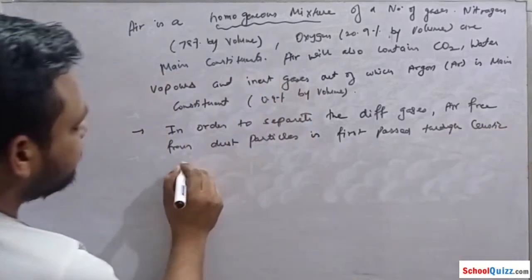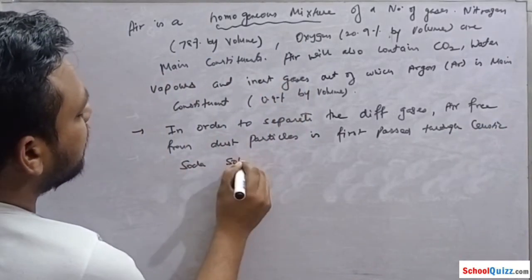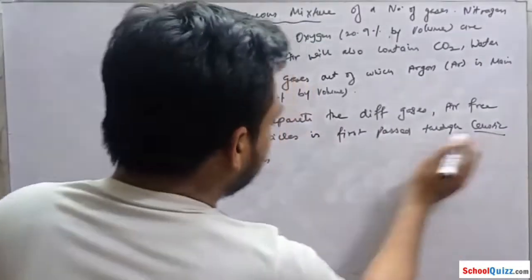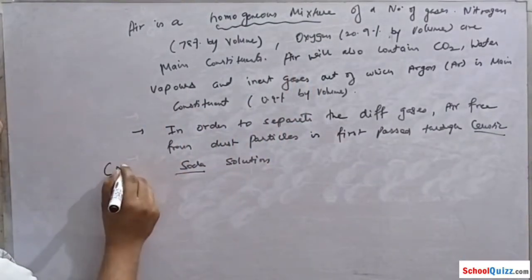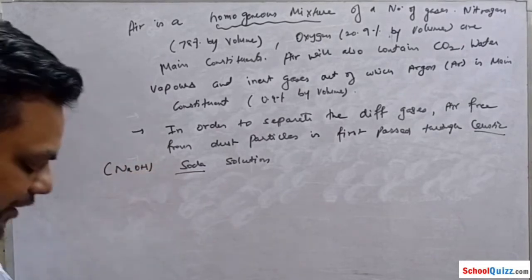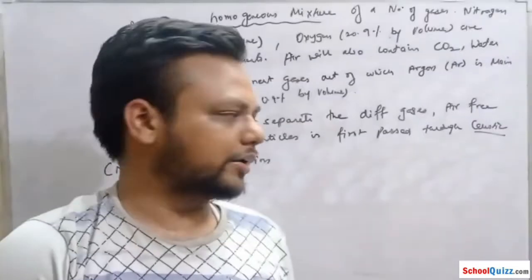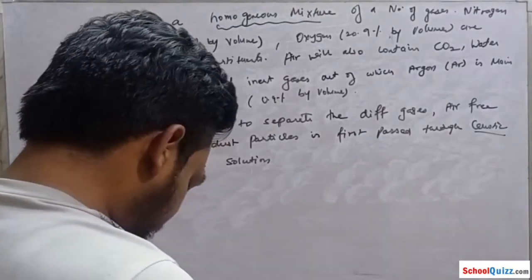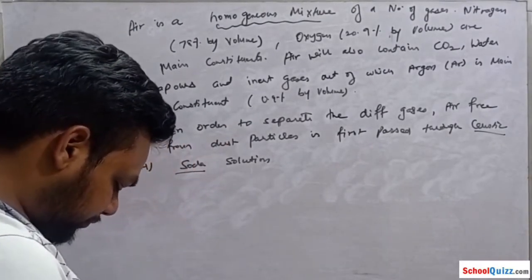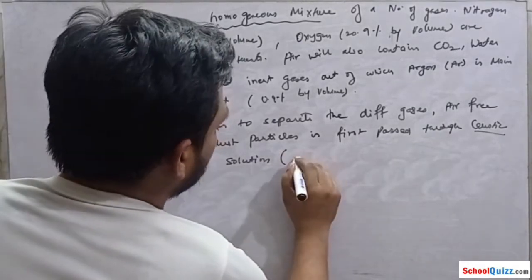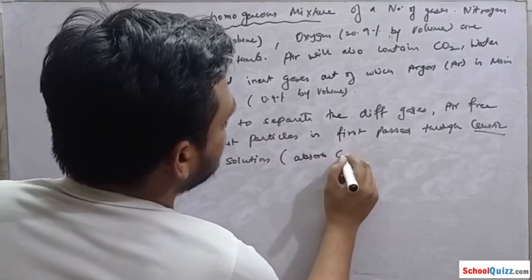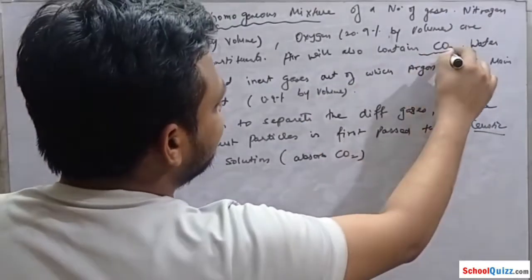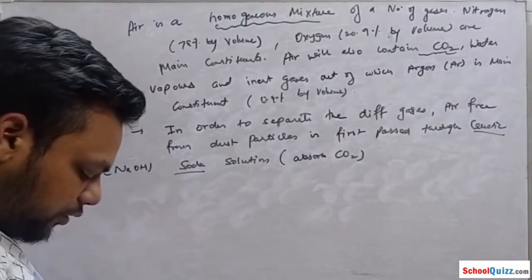Caustic soda solution. Like some students are curious to know what is caustic soda. Caustic soda is nothing, it is NaOH, which is a base as well as alkali. Okay? Like first pass through caustic soda solution, which absorbs CO2. Like CO2 gets separated, which absorbs CO2